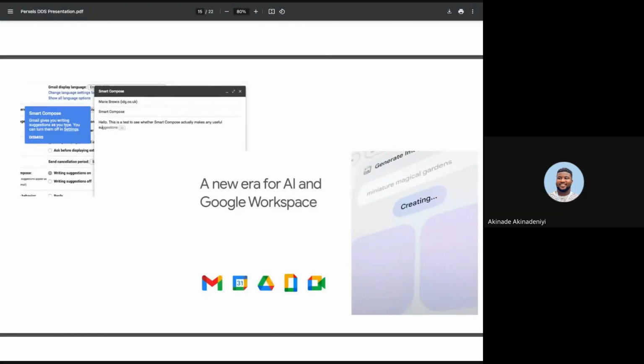Okay, let me digress a bit. Let's talk about Google. Google has always been that company that has everybody's data. I mean, everybody has a Gmail. Oh, sorry, that's not what I meant to say. I wanted to say that everybody has a Google product by force if you have a Gmail. Once you have a Gmail, they start introducing you to their products.